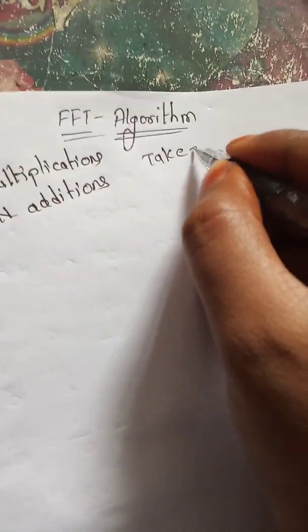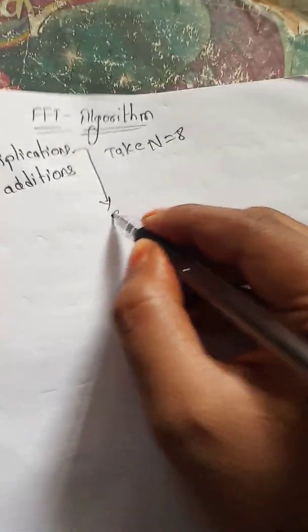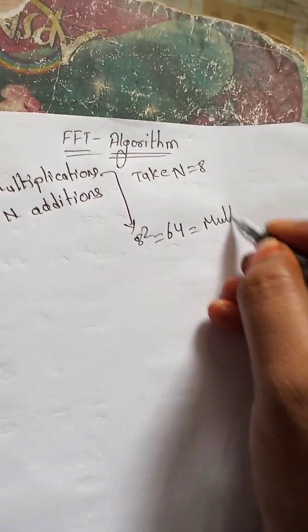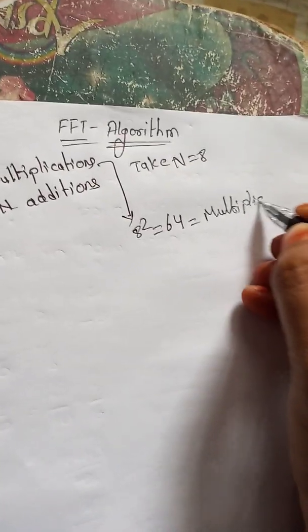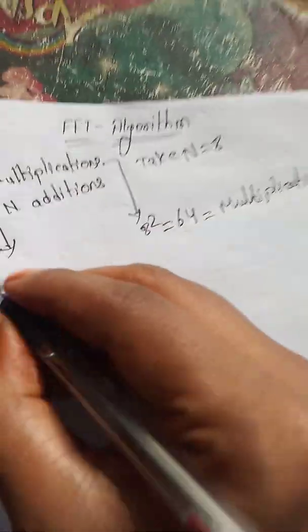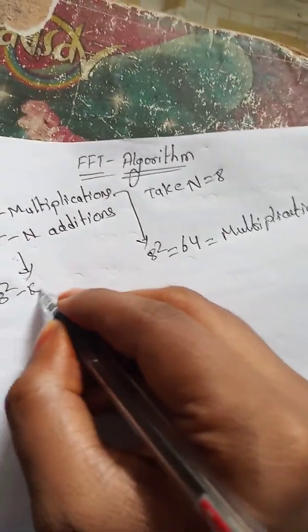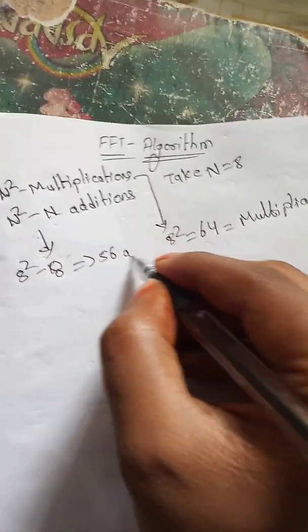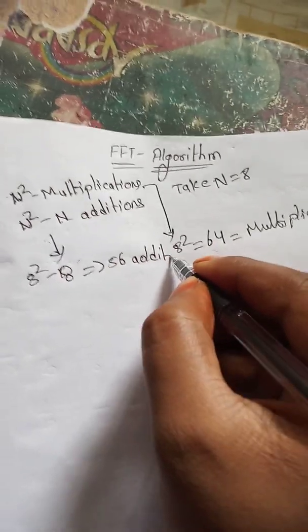For example, take capital N equal to 8, then 8 square means 64 multiplications, and at the same time 8 square minus 8, 56 additions are required